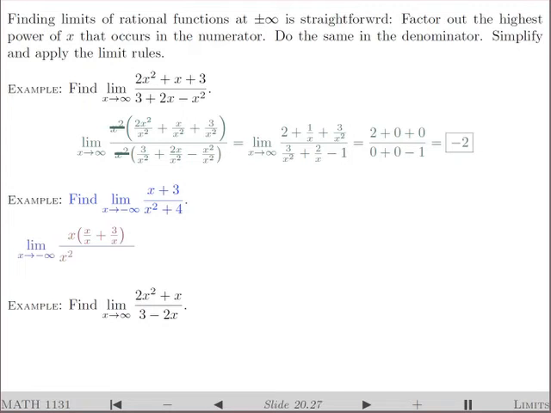In the denominator I pull out an x squared, then I will have x squared over x squared plus 4 over x squared. Now I'm going to split it up into two factors. One factor consisting of just the powers of x I pulled out, the other factor consisting of the small fractions. So the first factor is x over x squared, the other factor consists of the rest of it. x over x squared is 1 over x, and these fractions simplify the same way as in the last example, and I will get either a constant